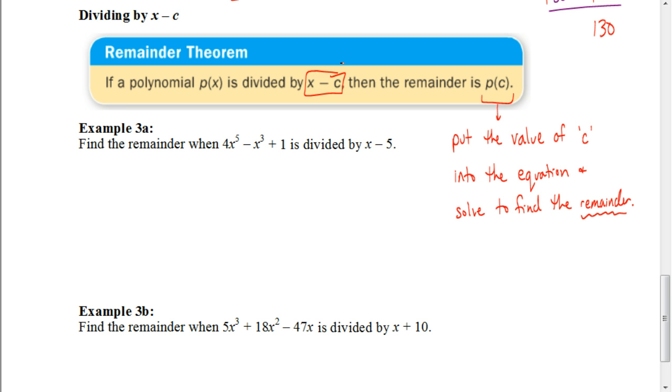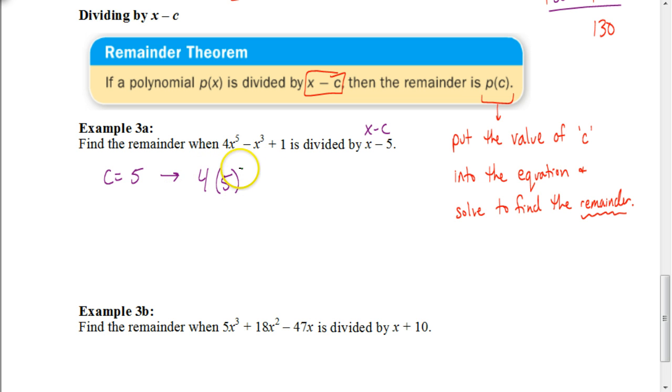Well, what does that mean? To figure out what the remainder would be, what you do is you put the value of c into the equation and solve to find the remainder. So for example, if I had 4x to the 5th minus x cubed plus 1, that's going to be divided by x minus 5. Well, that x minus 5, that's in the form x minus c, where c would be 5. If I put 5 then into that function